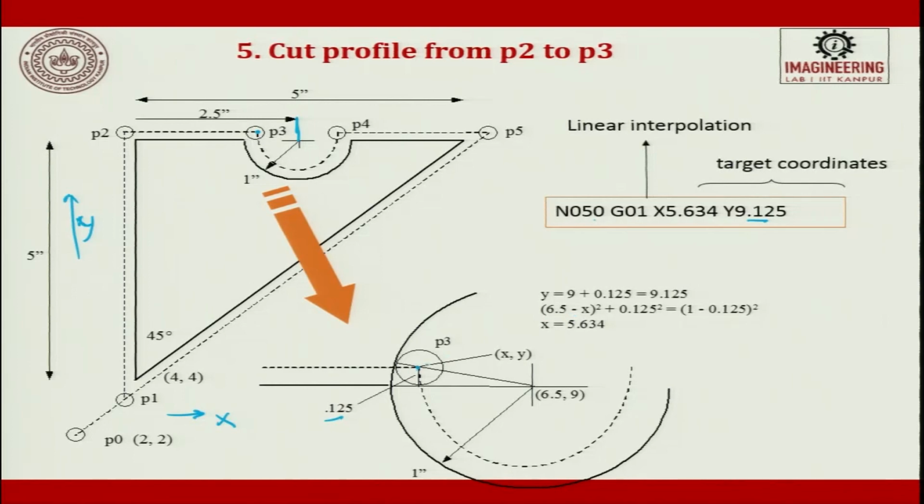So, this will be the x value, it is (6.5 minus x) the whole square plus 125 the whole square. This is going to be your x value. So, x is this and 9 it is the same. So, it is 9.25 there. So, this point is going to be 6.5 comma 9.